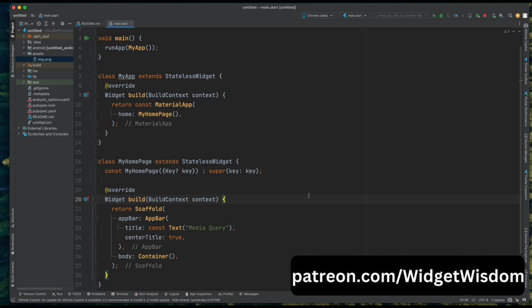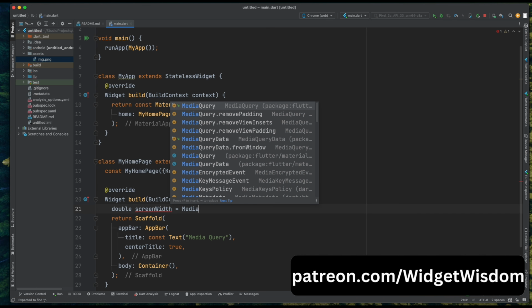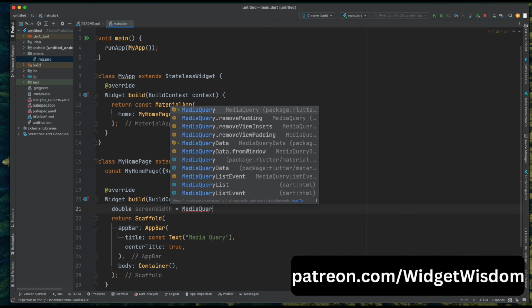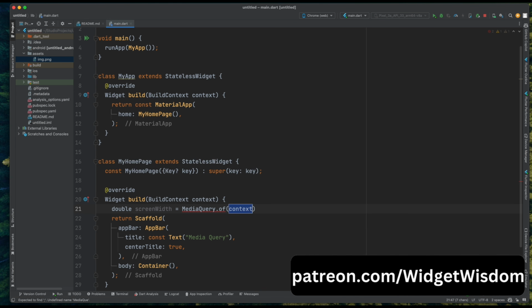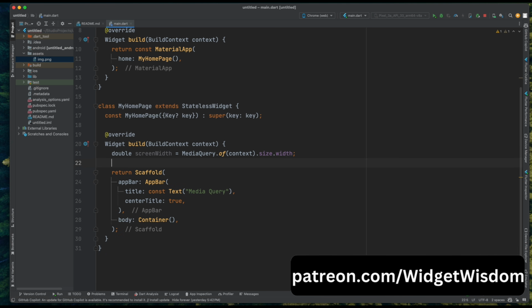So for that, here inside this build method, create a variable as screen width and assign its type as double, then here use MediaQuery.of(context), and now we want the width of the screen, and width is the subpart of size, so here add size then width. So now this screen width variable holds the exact width of the screen on which our app is going to